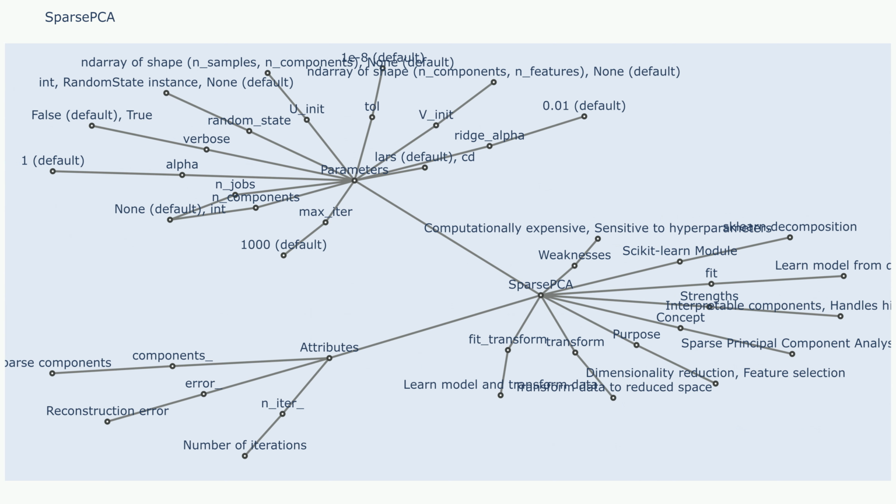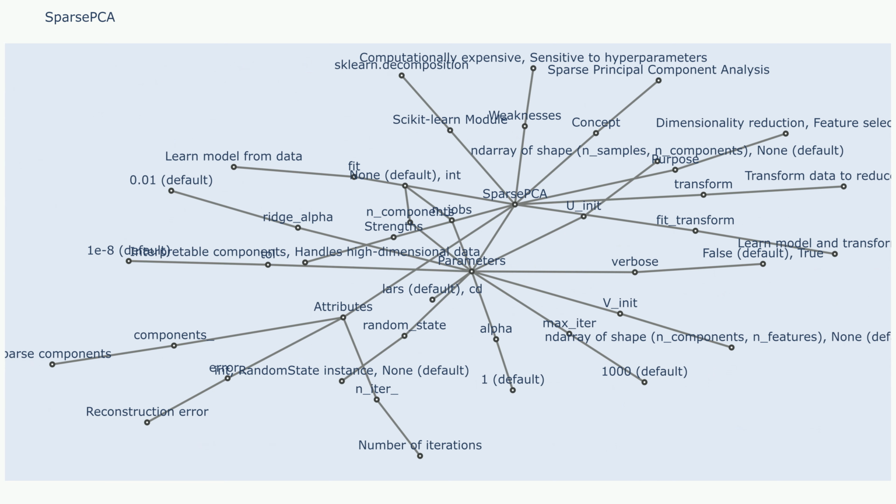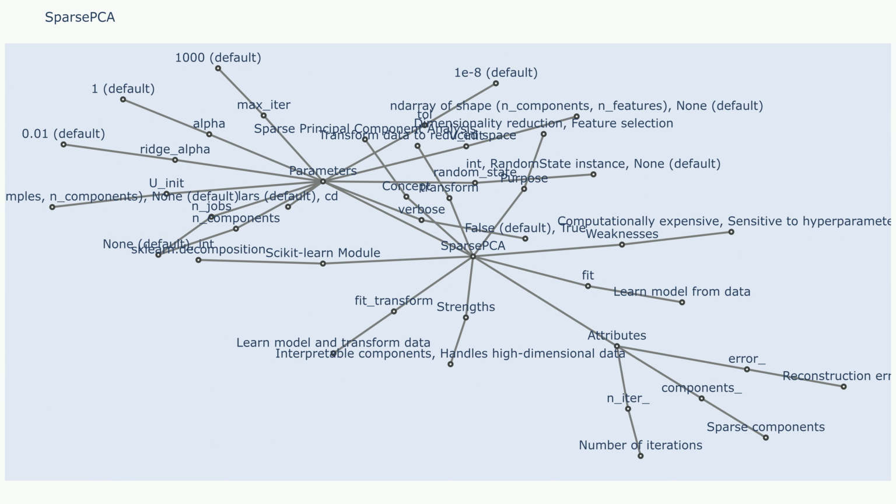Applications. Sparse PCA is a versatile technique that finds application in various areas, including image analysis. Sparse PCA can be used for image compression and denoising by identifying the key features that contribute to the image. Text mining. Sparse PCA can be used for topic modeling by identifying the most relevant words that define a topic. Bioinformatics. Sparse PCA can be used to analyze gene expression data and identify the genes that are most important for a given condition.